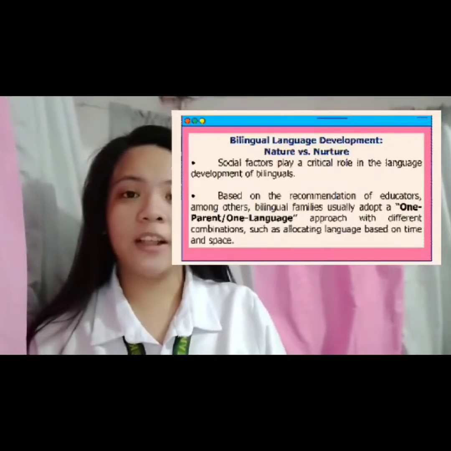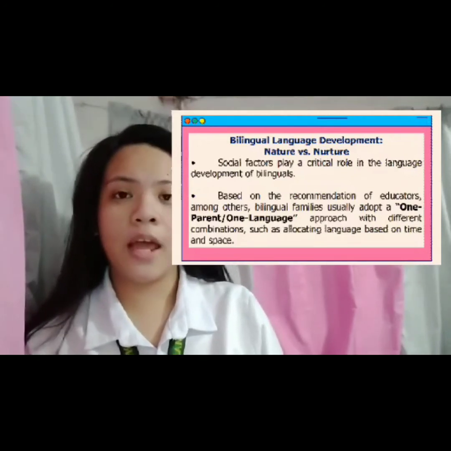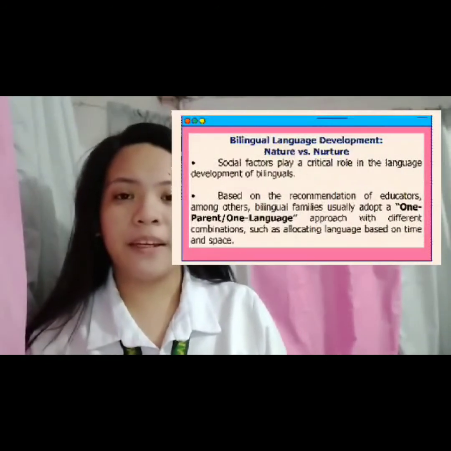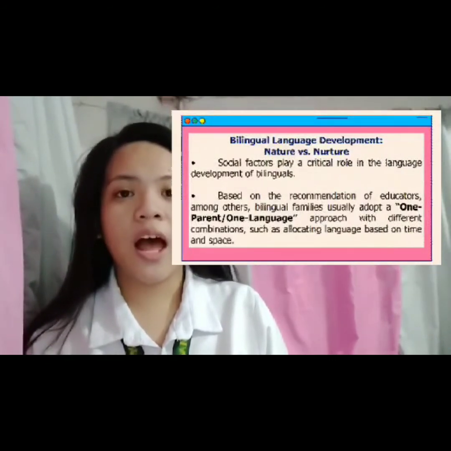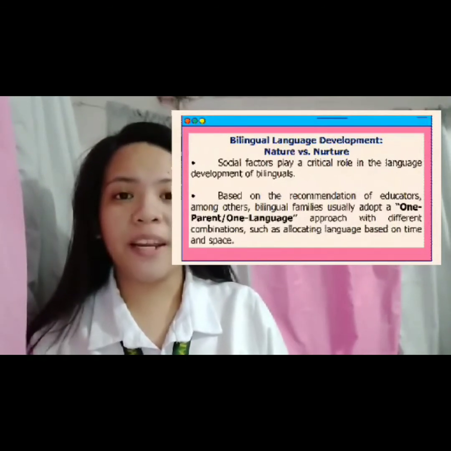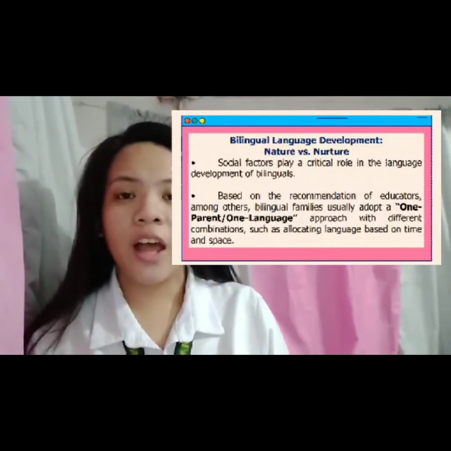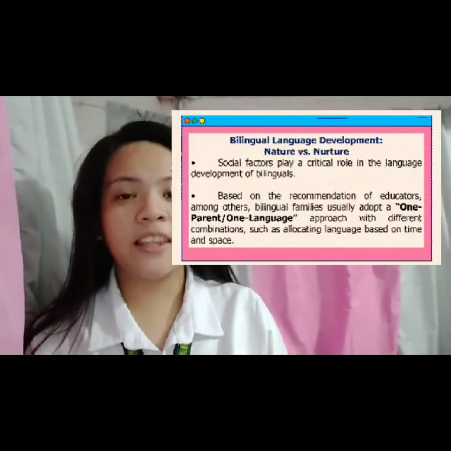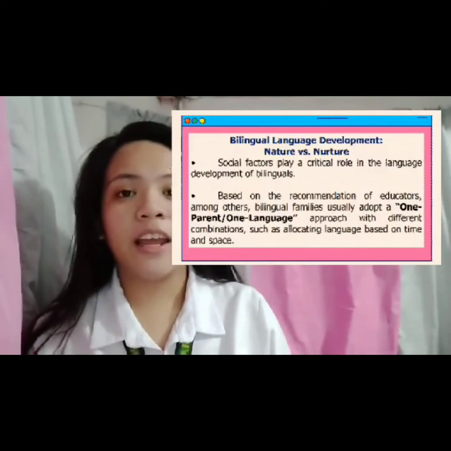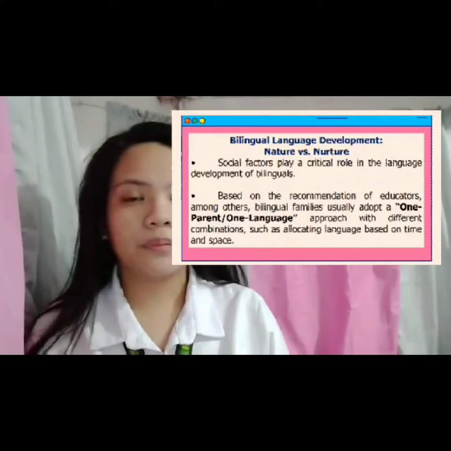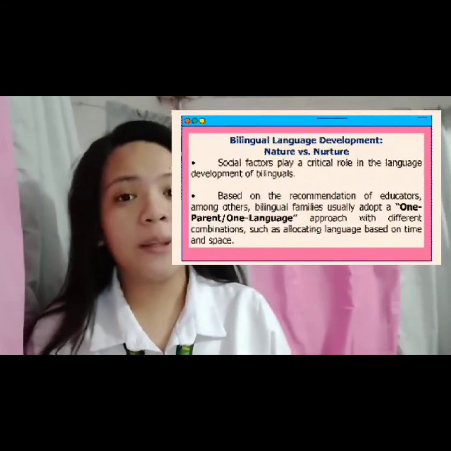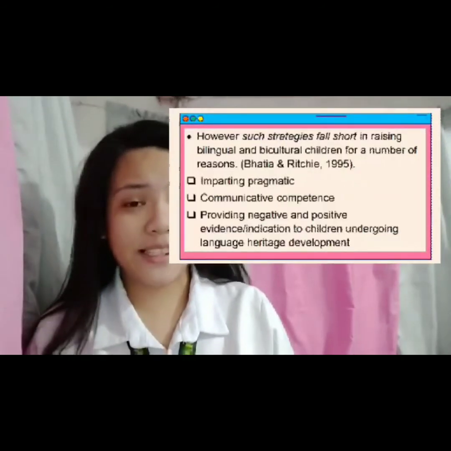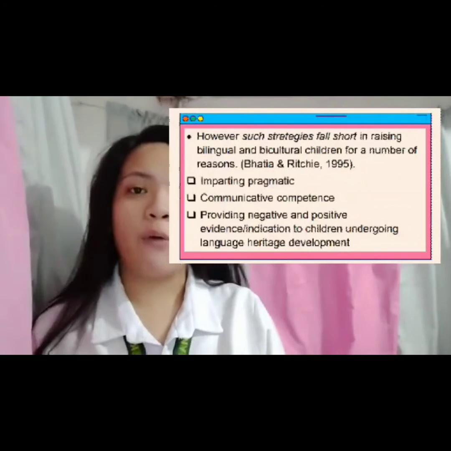Social factors play a critical role in the language development of bilinguals. Based on recommendations of educators, among others, bilingual families use the one parent, one language approach with combinations such as allocating language based on time and space. For example, using one language in the living room and the other in the kitchen, or using one language in the morning and the other in the evening. This is done to maintain the minority language. However,